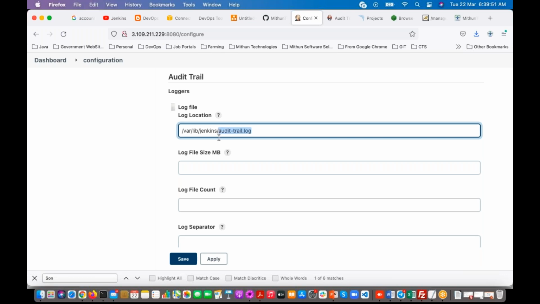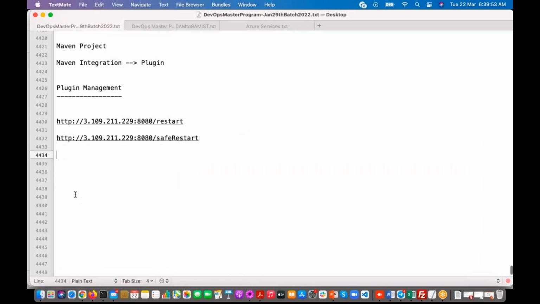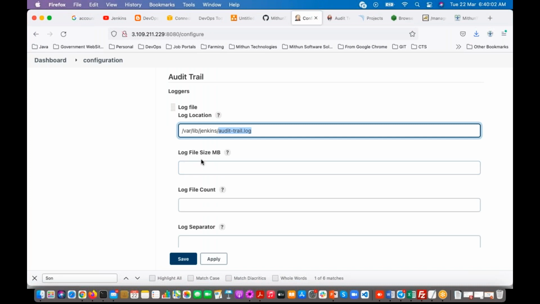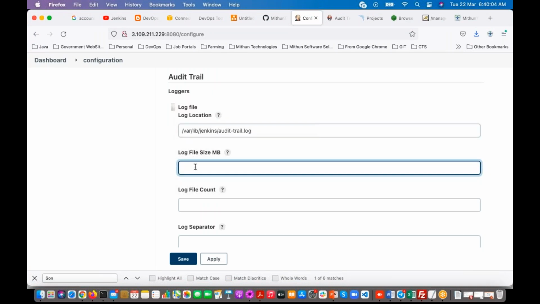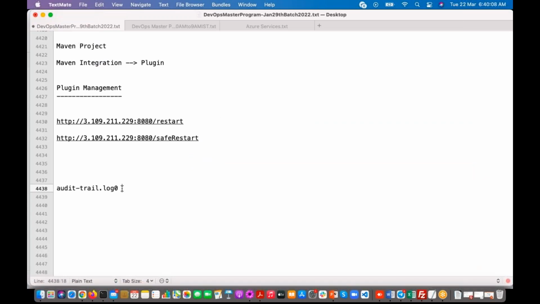So what will happen with this name? It is going to create audit trail log 0, like this one. Here, log file size in megabytes: I'm going to give that 10 MB. So once it reaches that 10 MB,